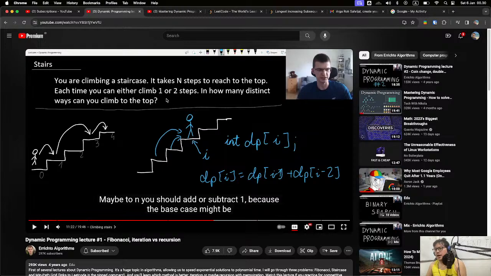If you can either climb one or two steps, previously you can be here and you can be here, right? So if you calculate the number of ways that can possibly make you here, and also count the number of ways that possibly make you here, the total of those two is the combination that can make you possibly reach this step. So this is what it actually says.